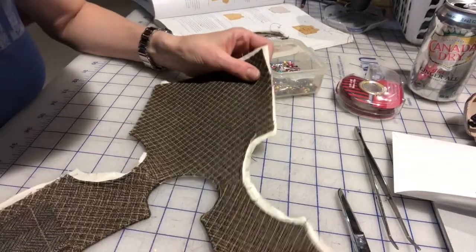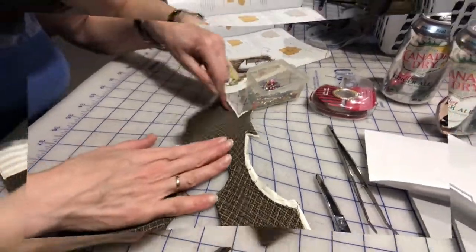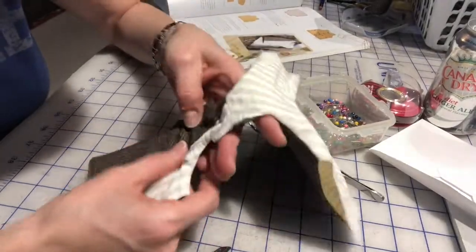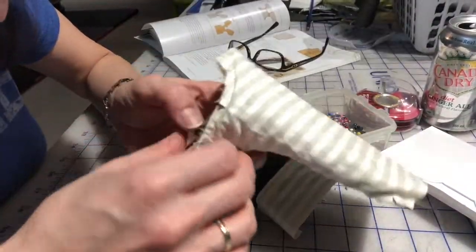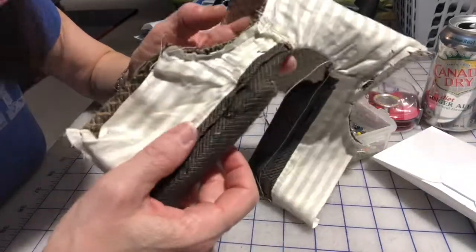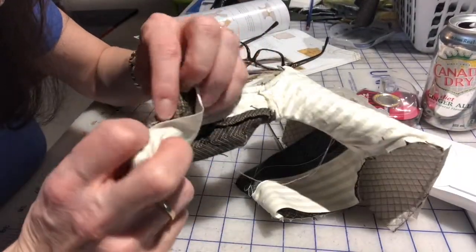Oh, the fine messes that we make for ourselves. Look at this. All right, guys, I made major problems here. Look at this. It's turned out to be physically impossible to turn this out. This is what happens when we get clever ideas like, oh, I'll just quilt this and